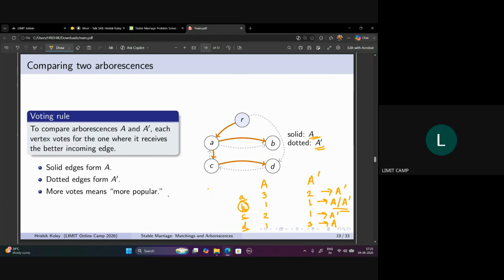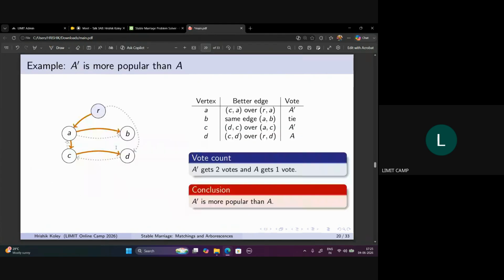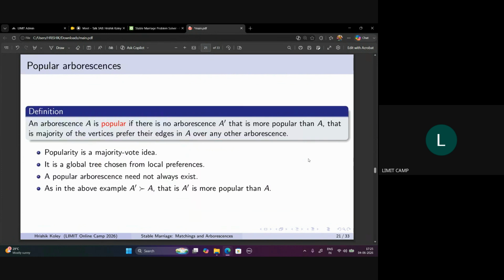So clearly, A dash is more popular than A in this case, as it gets more votes, like more people prefer it over the other. And that's the exact same thing written out here. So now coming to the concept of popularity. Arborescence A is popular if there is no arborescence